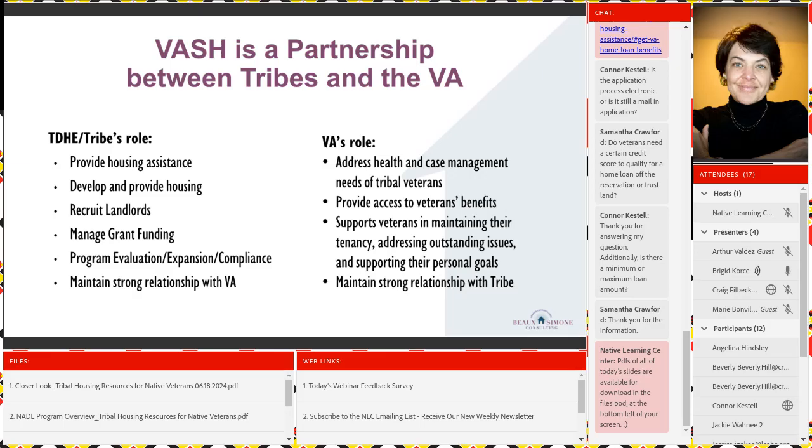There's also additional regulatory policies and procedures related to tribal HUD VASH rental grants. You also will be responsible for program evaluation, expansion, and compliance with all of those rules and regulations. And finally, VASH is a partnership between the tribe and the VA. So as the housing authority, TDHE, housing department, you're also going to be tasked with maintaining a relationship with the